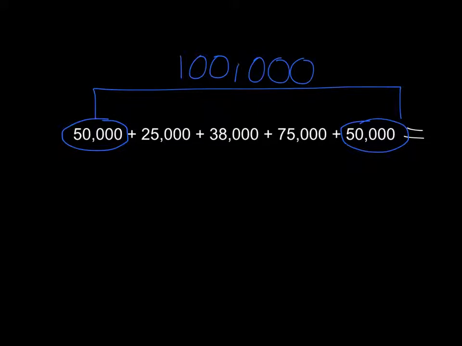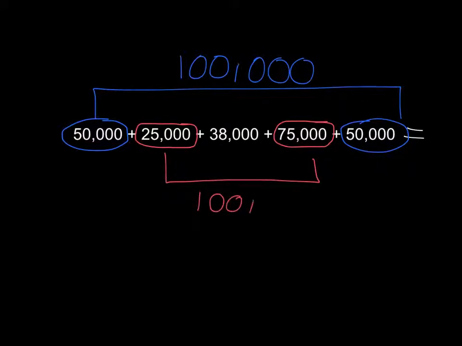If I keep looking for ways to group numbers to add them easily in my head, I see another group here, 25,000 and 75,000. And if you group those, you're also looking at 100,000. So again, in my mind, on the left-hand side where I already have 100,000, I'm adding to that another 100,000, which is easy enough to add in your head. That makes 200,000. And then I only have one number left. That's 38,000. So I'll just add that to what I already have, 200,000. And that leaves me with 238,000